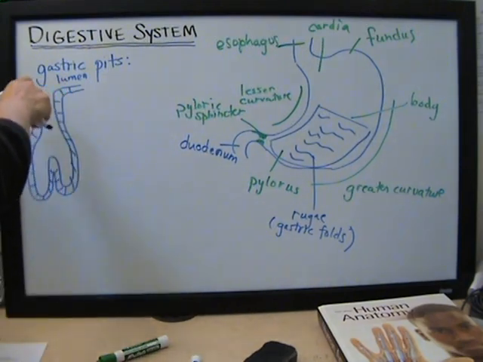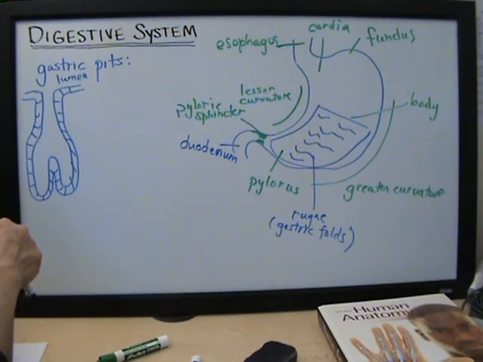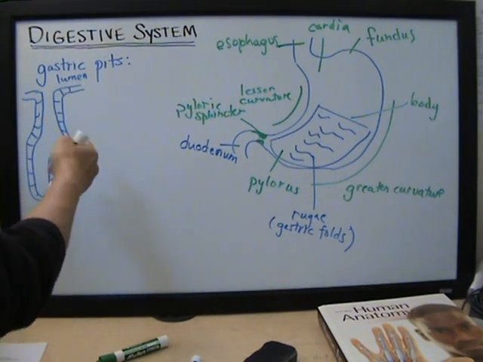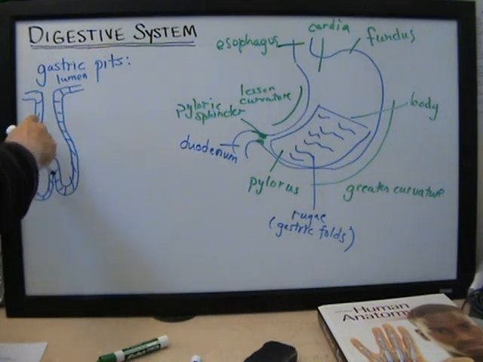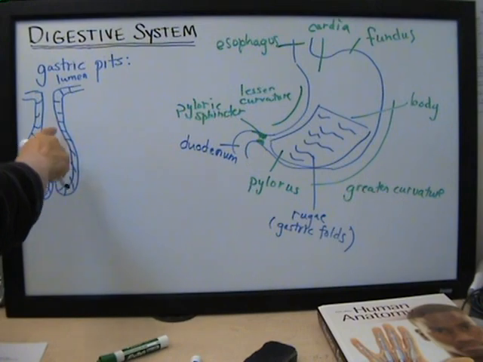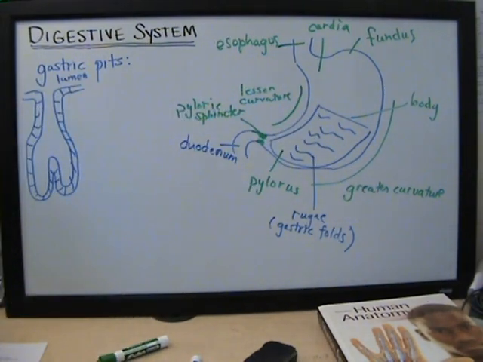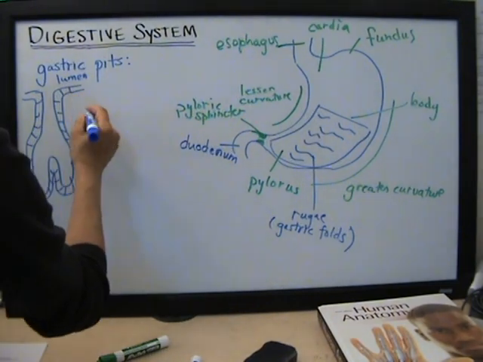So the gastric pits are these depressions in the mucosa of the stomach containing the gastric glands. And there are 5 types of secretory cells located along here that secrete substances into the gland, into the duct, which then deposit it in the inner part of the stomach. And these 5 types of cells